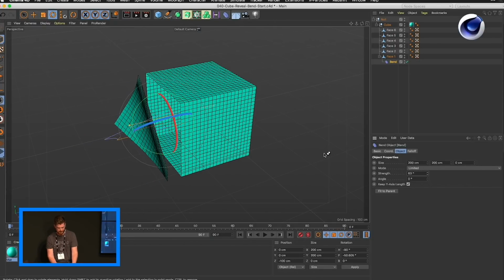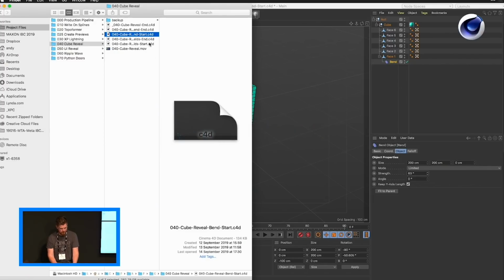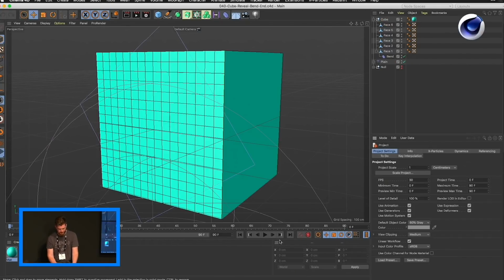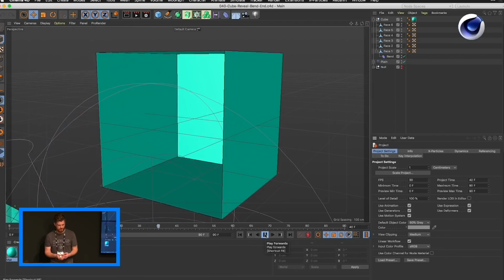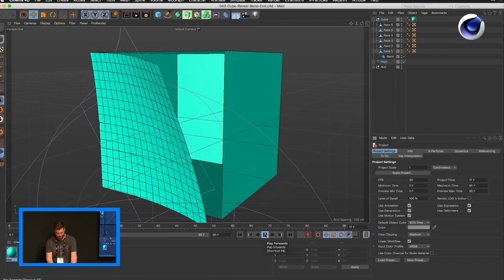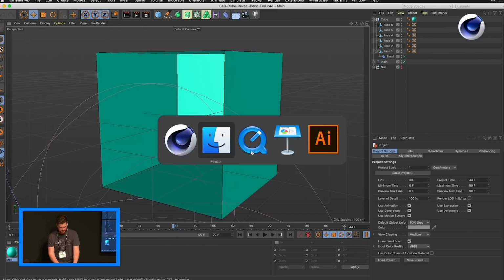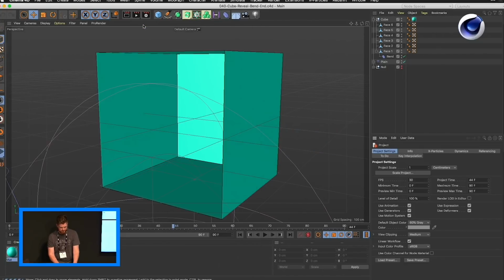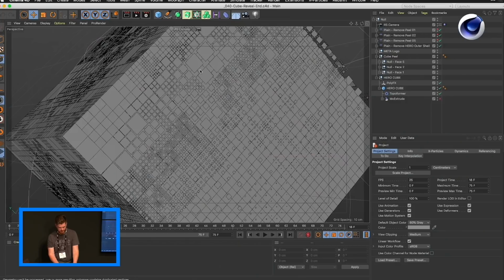So that could be what you want, but you can also animate it so that you get the effect of it sort of being completely removed, which is what I ended up doing. So the final look of this, as we can see here,